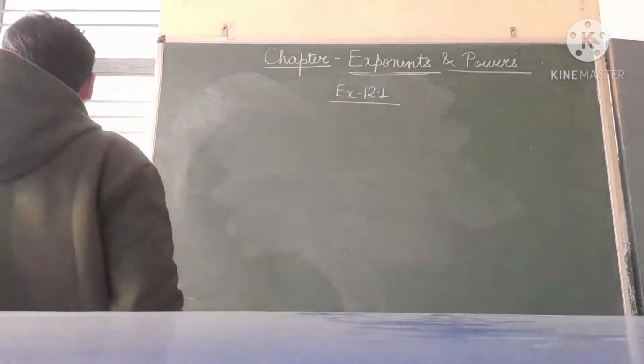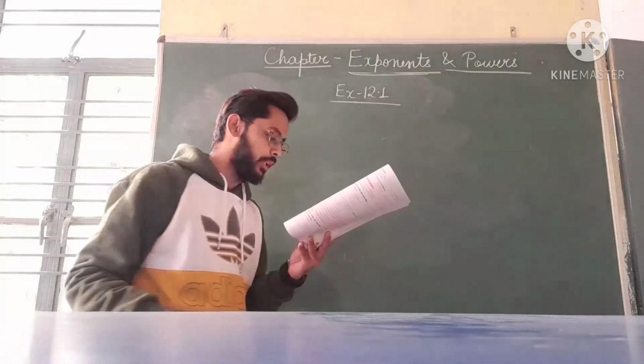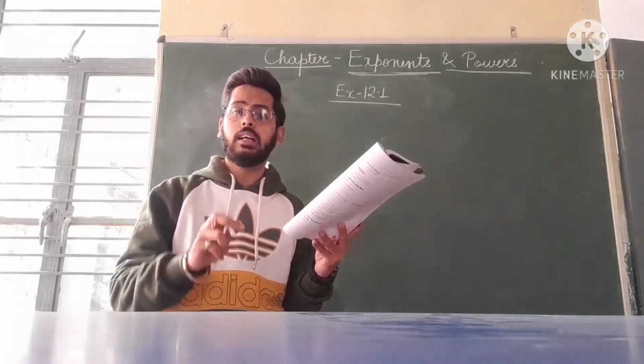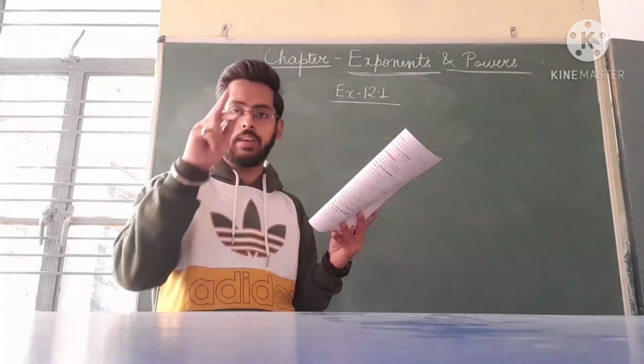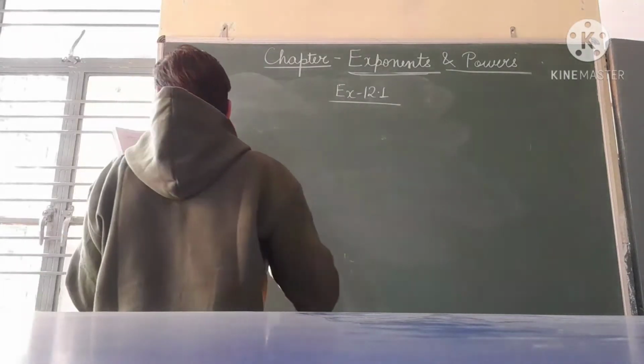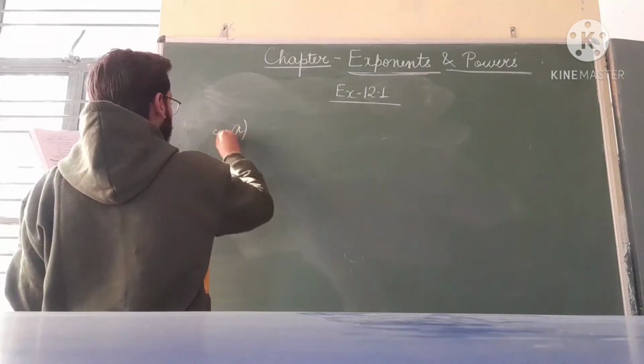Now question number 4, express the following in exponential form. Easy. In the fourth question, part A, we have 5 three times and 7 two times. So that is 5 cube into 7 square. Next, express the following numbers as the product of prime factors. You can easily do these questions.